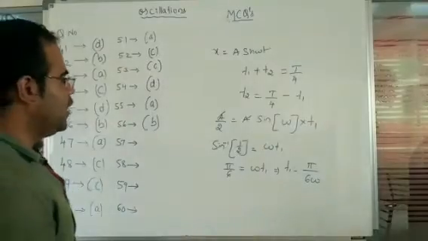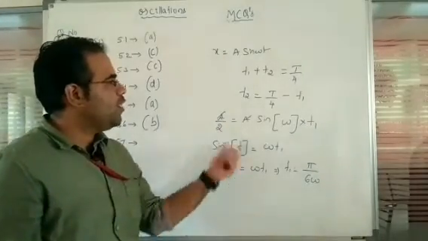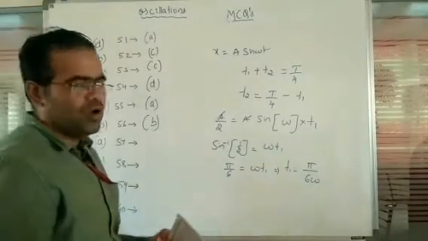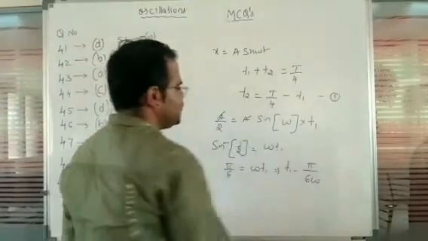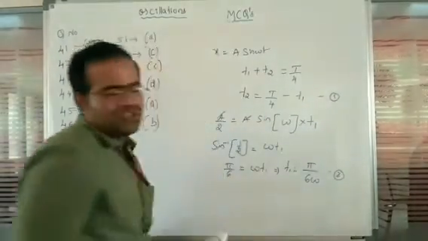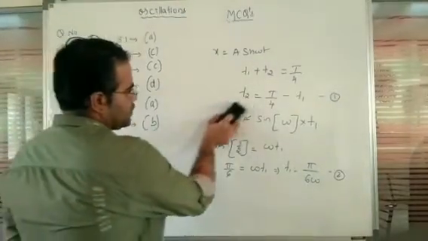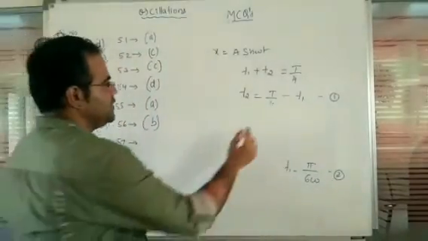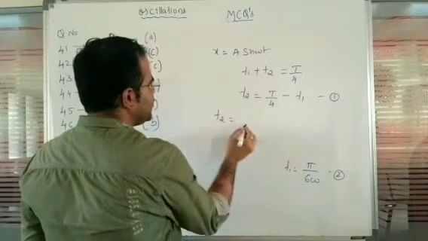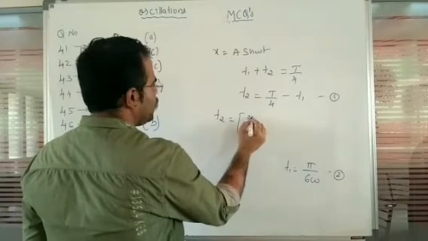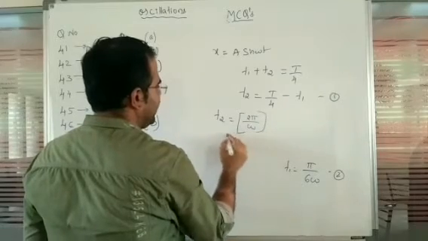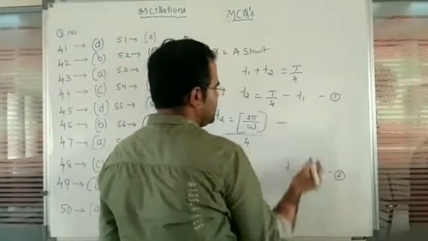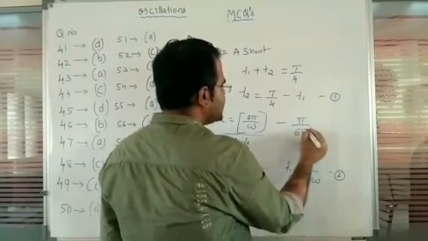So that is the value. Now we will substitute the value which we obtained here in the first equation. So this is the first equation. Now we can consider this as equation number 2. Now we will substitute equation number 2 in the first equation. So when we substitute here, there you are going to observe T2 is equal to, now the T value is given by 2 pi divided by omega. So the T again divided by 4. So 2 pi divided by omega, again whole divided by 4 minus, now the T1, pi divided by 6 omega.